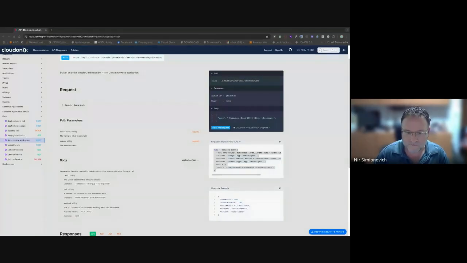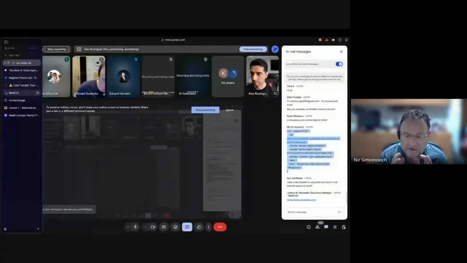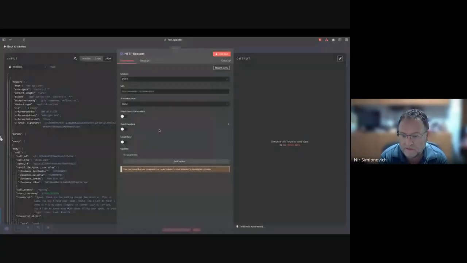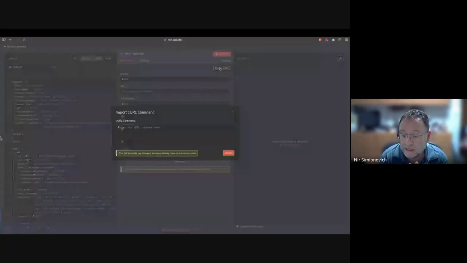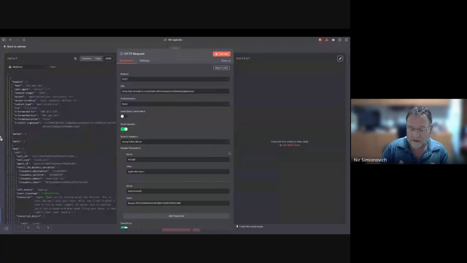Perfect. Okay. By the way, the API playground on our developer website gives you access to all the APIs so you can play around with them and see how they work and exactly what they do. Okay, so Alex, I'll let you return to your screen. Here is the fact that you get proper feedback that a transfer really occurred, not just saying, okay, transfer the call, and then it doesn't happen.